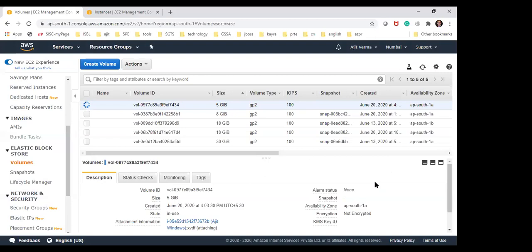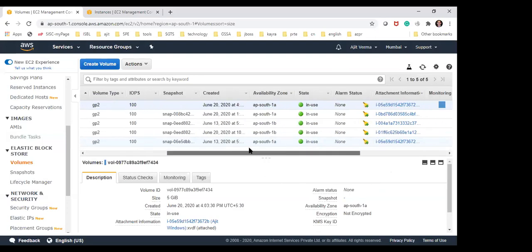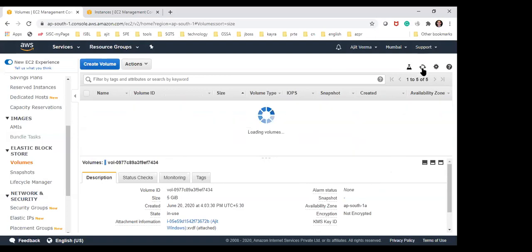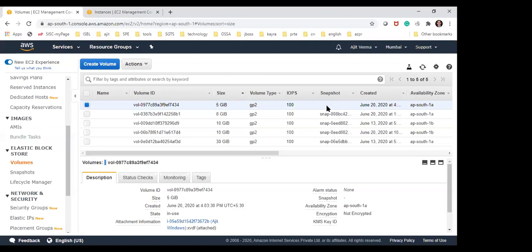I mean to say, we are showing a demo actually. We are showing you the demo of creating the volume and attaching the volume. After a successful creation of the volume, we are associating that volume to be used by that particular instance or a server. So the 30 GB disk will become 35 GB. And if you go back to the server manager and refresh, you will see this additional 5 GB provisioned there as an additional volume. Okay.